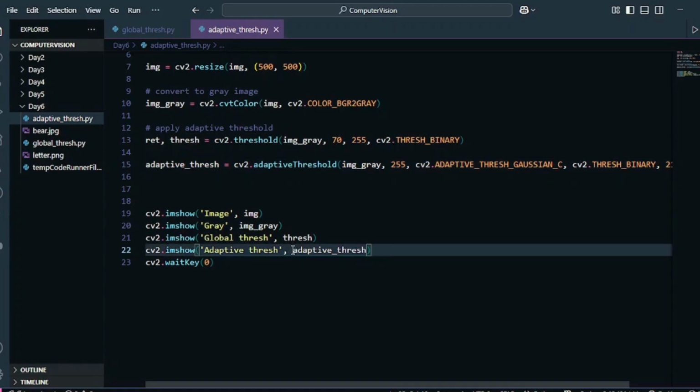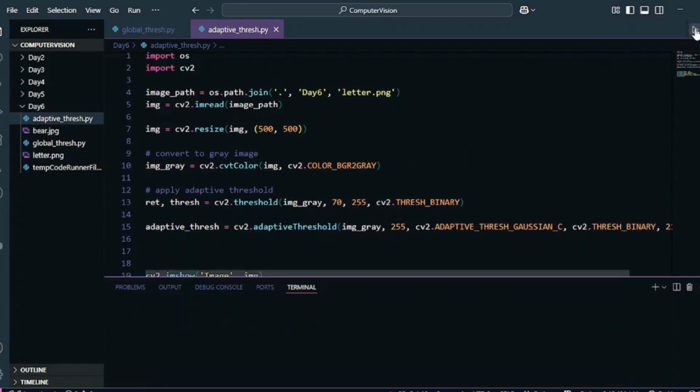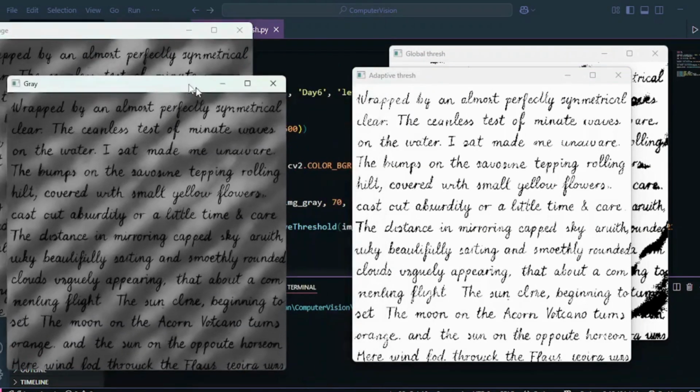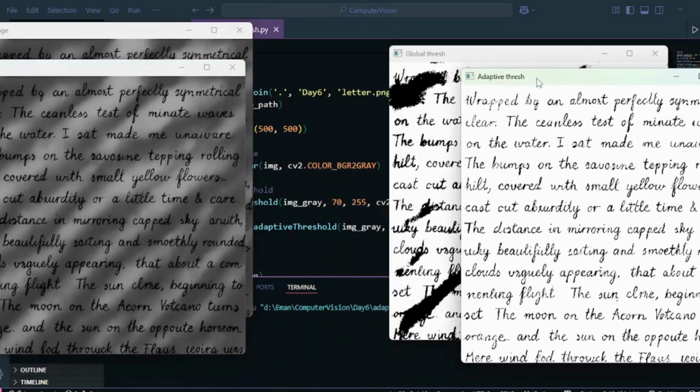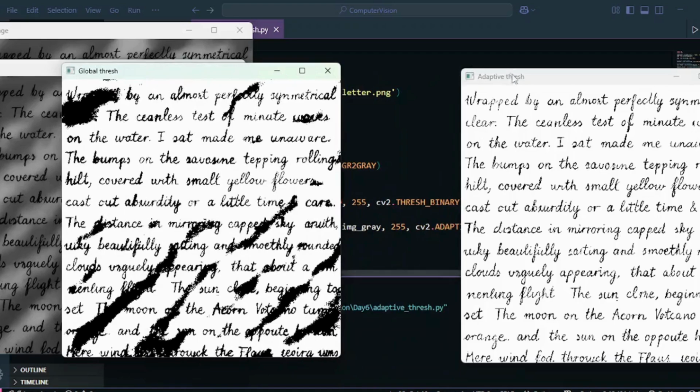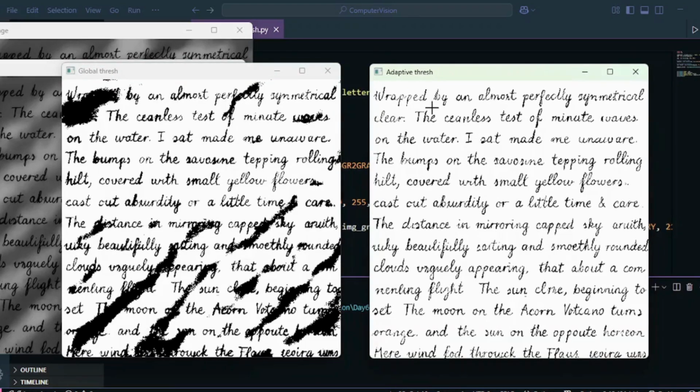Okay, now let's see if it works or not. So this was the original image, this was the gray image. This is the image that was produced by our global thresh, and this is the image that is produced by our adaptive thresh. Like just a single line of code, and we have obtained a perfect image.